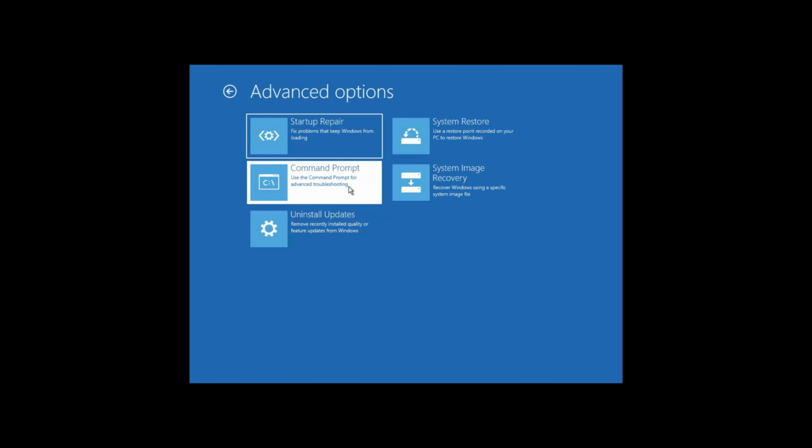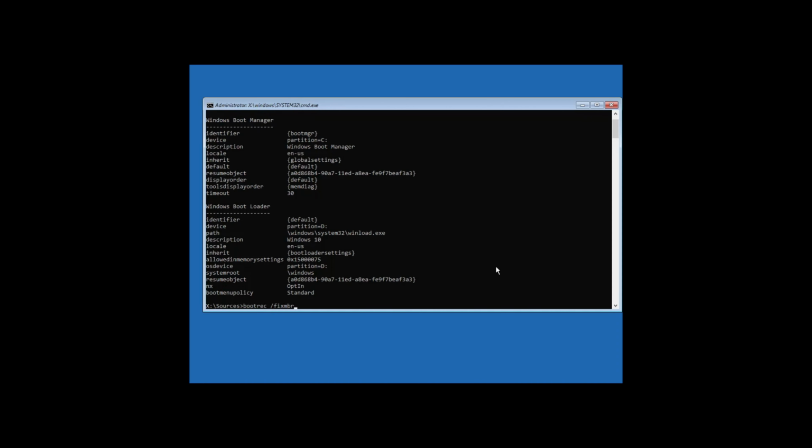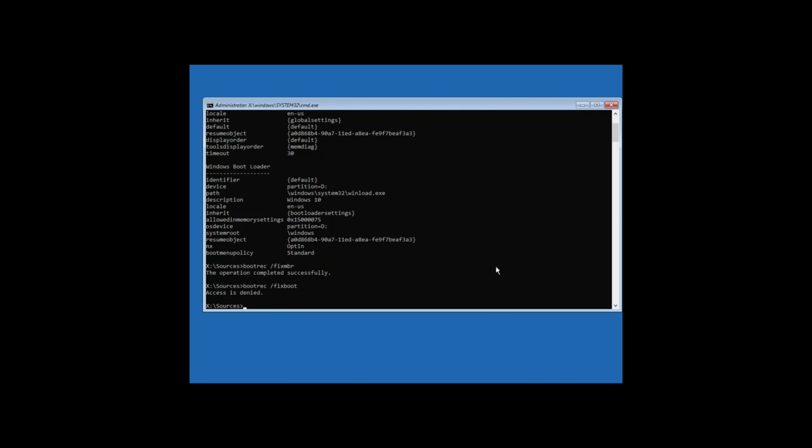Then from troubleshoot, you're going to click on command prompt. Then once you go to the command prompt window, you're going to see all these codes in the back, and you're going to write them one by one. So in the description, once you write them one by one, it's going to show you these steps right here,